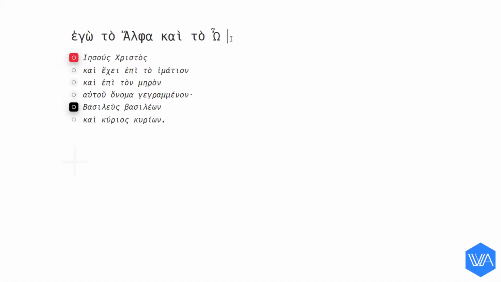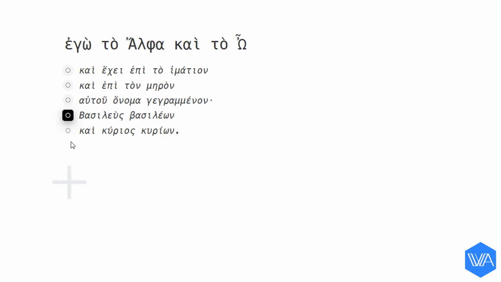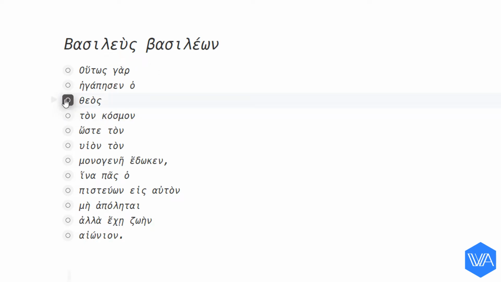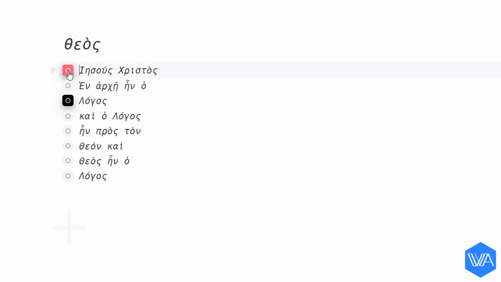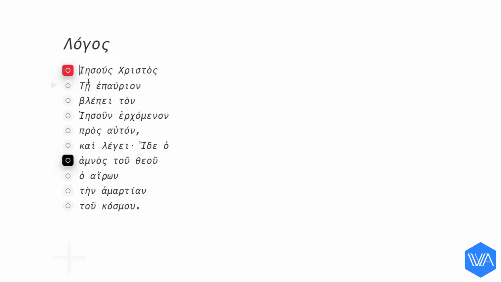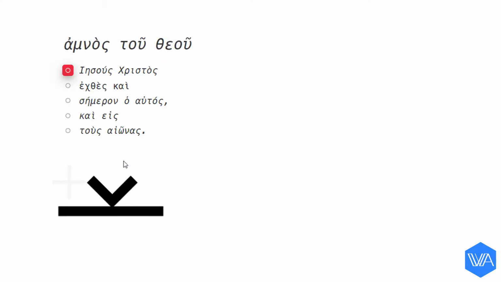I have a list here with a red bullet that I'm going to drag and drop into this list with a black bullet. And now I'm going to zoom in. And I'm going to keep dropping. And again. And one last time. I am now at the bottom of this particular outline, and that's how easy it is to drop lists down